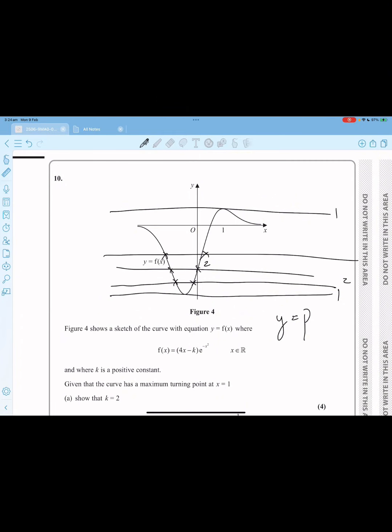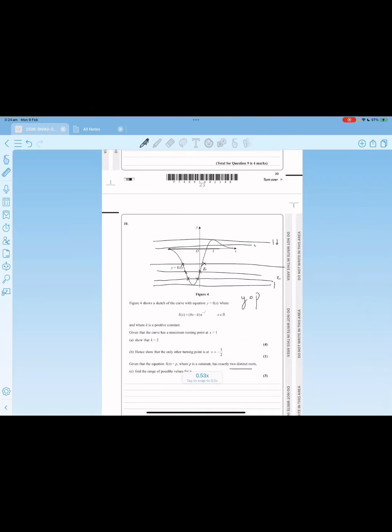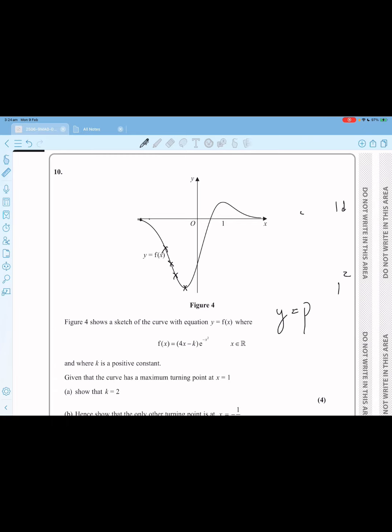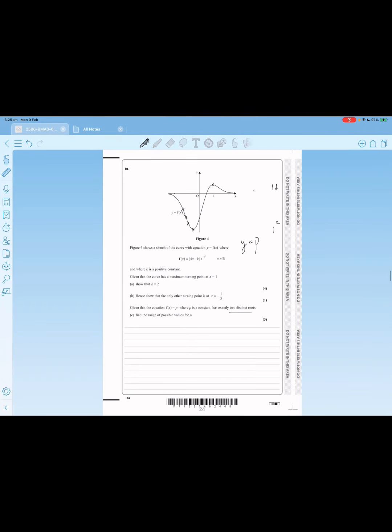And then the second I go below this line over here, I would have 2, and I would always have 2, because then you'd have this solution at that line. So essentially what this means is that you'll always have two solutions when your x value is greater than this turning point and less than this turning point. So I could just give the x values and say that it's greater than that and less than that, but